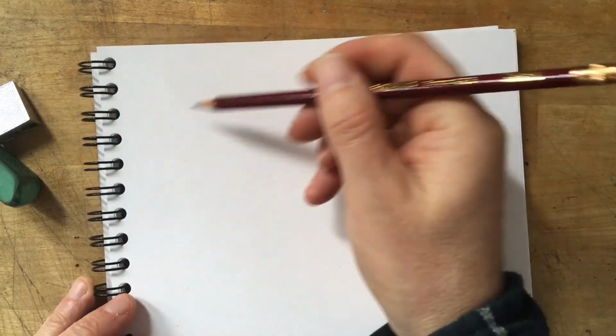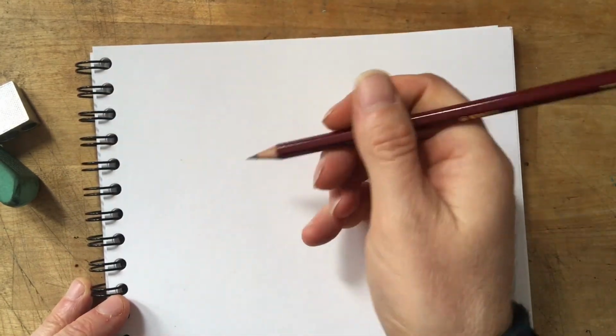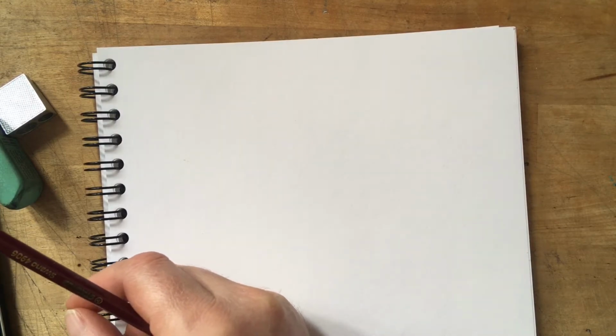Okay, so I'm using an HB pencil to start with. I do have some 2B, I think you will have HB and 2B. I've got 2B as well. So